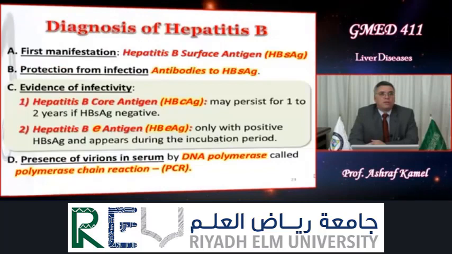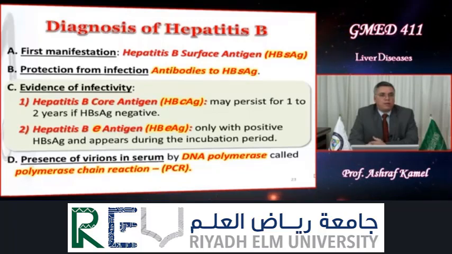Diagnosis of hepatitis B. The first manifestation of hepatitis B is an increased hepatitis B surface antigen. Protection from infection can be demonstrated by the presence of antibodies to hepatitis B surface antigen. Evidence of infectivity can be demonstrated by 2 markers, the hepatitis B core antigen, which may persist for 1 to